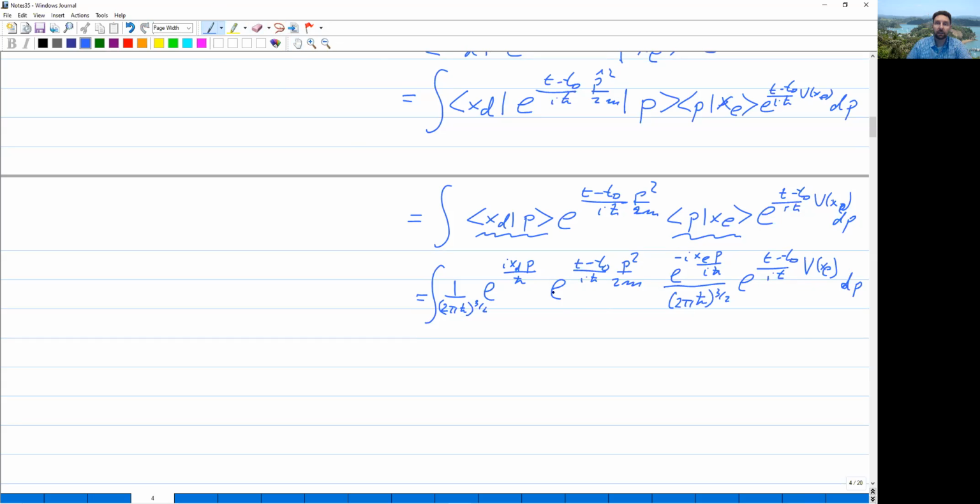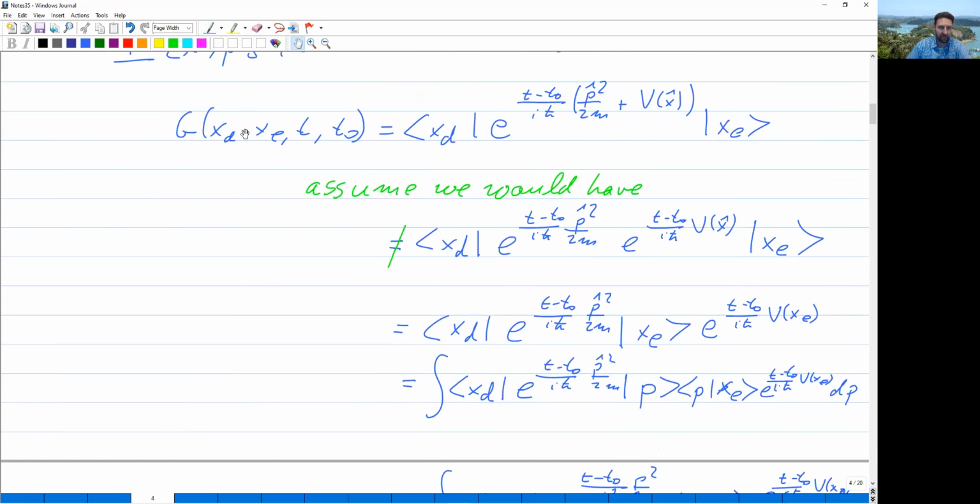So all we need to do is what is called a completion of the squares. Because we have here a polynomial of degree 2, we can always write this as p minus something squared. And then it becomes a Gaussian integral, and the Gaussian integral can be performed. And so we can carry out the momentum integration, and we can work out explicitly what, therefore, the Green's function is. This would be true in fantasy land, where e to the power of the sum of 2 operators is e to the power of 1 operator times e to the power of the other operator, even though they're non-commutative. That's not true, but